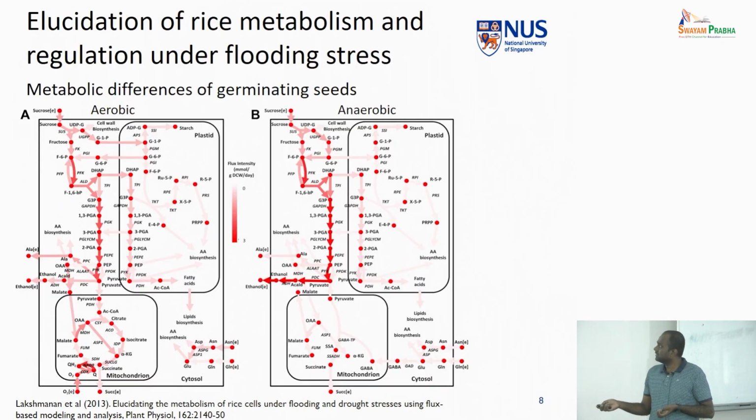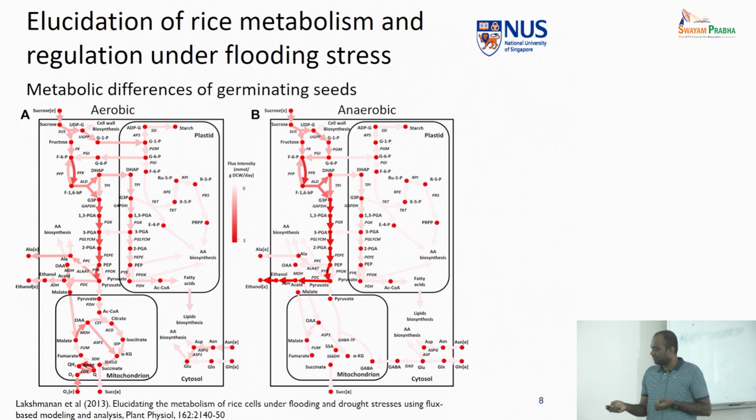So with this confidence, we were able to perform the simulations under these conditions and estimate the intracellular fluxes. So you could see the different color intensity. What you see here is the flux intensity. Meaning that the transformation of G3P to 1,3-PGA is much higher than the transformation of DHAP to G3P. So how were we able to estimate this? We were able to use the values of the sucrose as well as the ethanol, the other byproducts coming out of the cells, and we were able to estimate what is going on inside the cells.